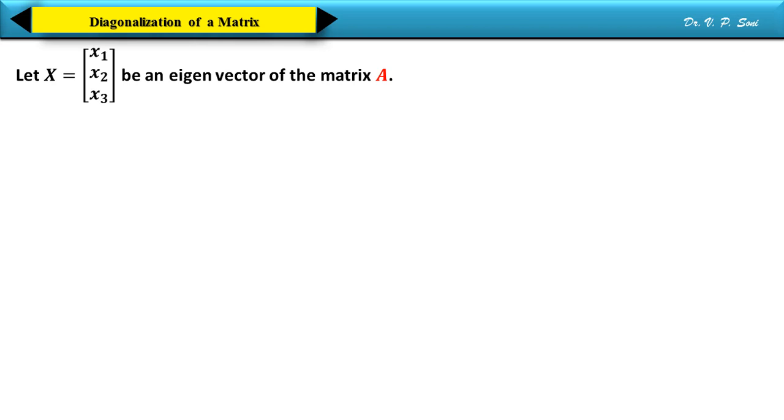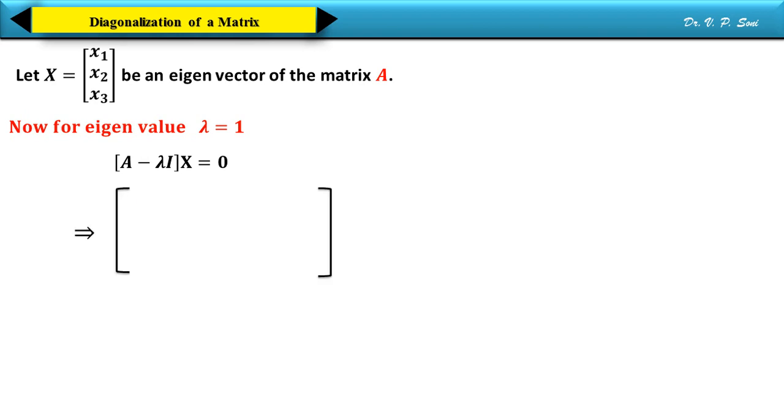Let us define eigenvector. Let column matrix x equal to x1, x2, x3 be an eigenvector of the matrix A. Now for eigenvalue lambda, the matrix A minus lambda I into matrix x equal to 0. This implies matrix whose first row 1 minus lambda 0 0, second row 1 2 minus lambda 0, third row